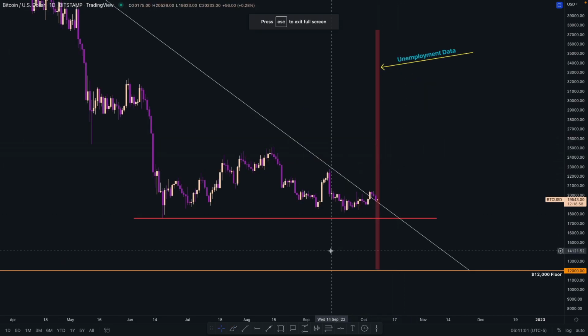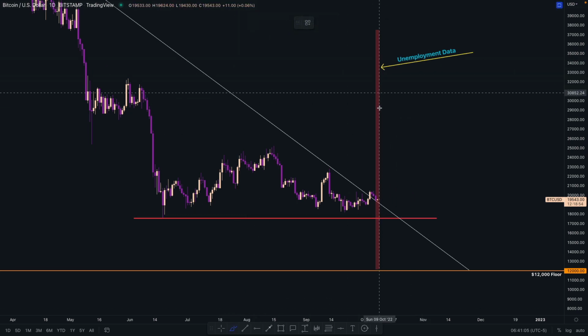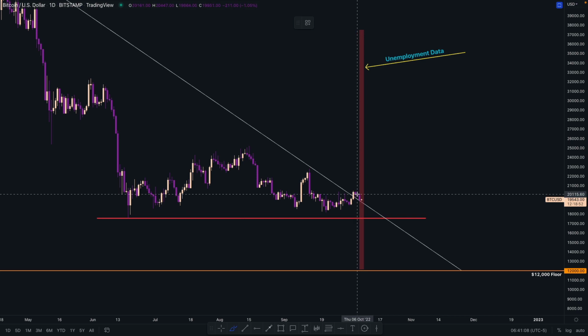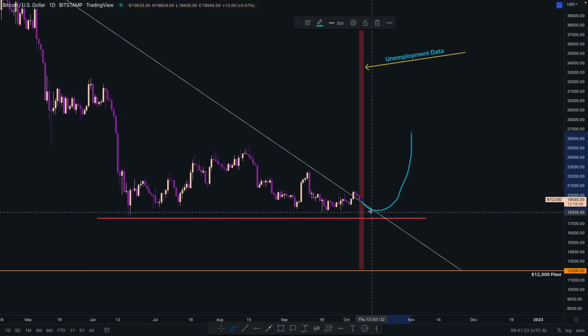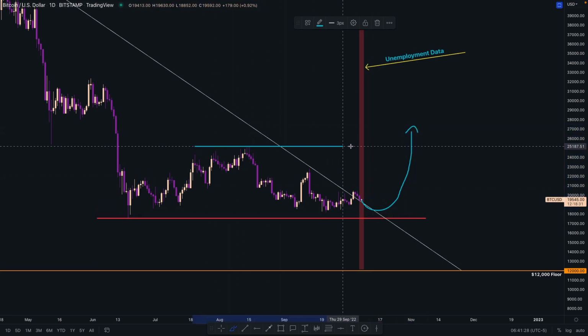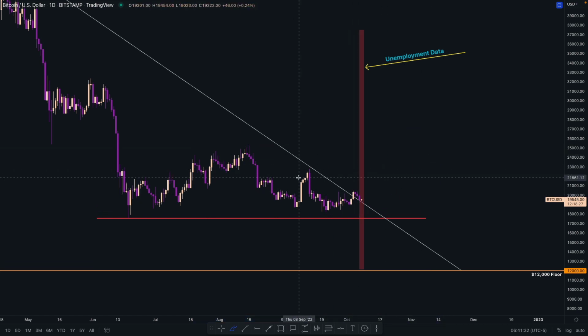And so the final chart that I want to look at is, yes, unemployment data came out and you can see that the market started to fall a little bit on the daily chart for Bitcoin. So this could have been a false breakout. A lot of people were excited for it and then we're falling. And now what could happen is, again, as we start to see maybe a rally off of these lows, create another strong support level right around here, people start to get into a buying frenzy. Maybe we break this high right around here. People are starting to go crazy. We get into a bull trap.